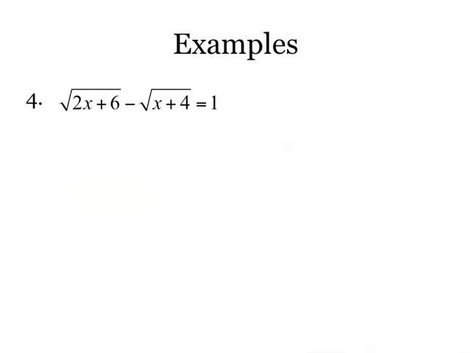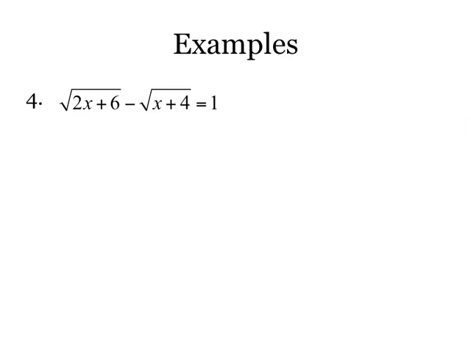Example 4, we have an example of a radical equation, and usually with radical equations, if there's just one radical, it's not too hard. You just square or cube or whatever it is they need to do to both sides in order to get rid of the radical. In this case, we have 2 radicals. So this is going to be a little bit longer process, just because we are going to have to do that squaring process twice. So first things first, you want to get one of those radicals by itself on one